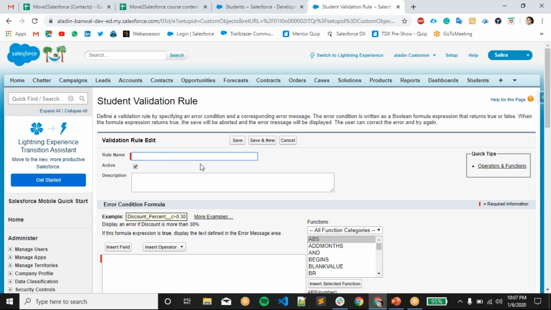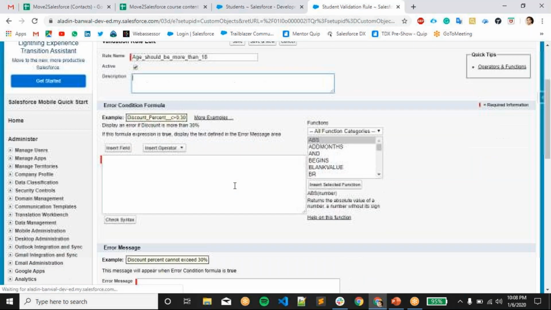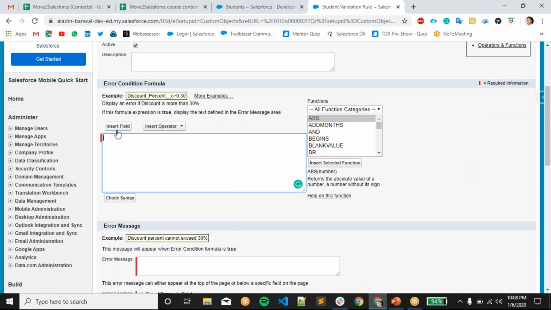I'm going to give the name, age should be more than 18. Here we can write any type of formula. We will get some functions from formulas as well.